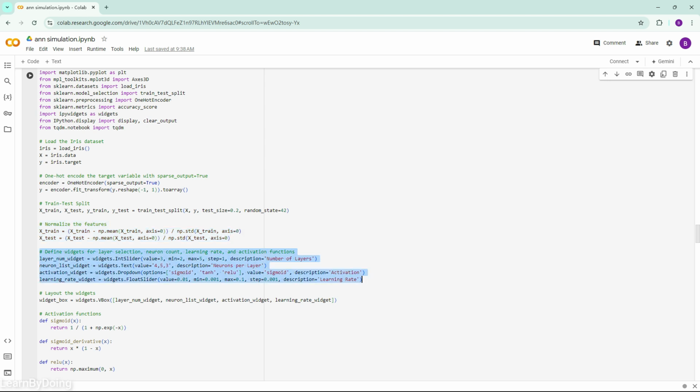Step 3. Now we are introducing the widgets for dynamic interaction. First of all, we need to add the widgets that allow you to customize the neural network structure and the parameters dynamically. You can adjust the number of layers, neurons per layer, activation function, and the learning rate, all without modifying the code manually. So in this way, we can have a very dynamic display, as you can see after